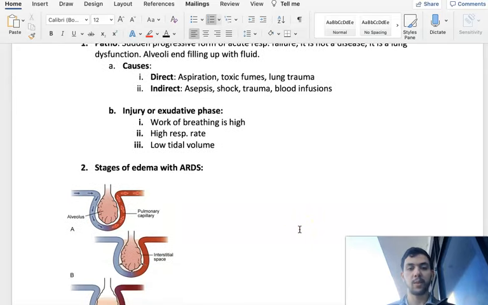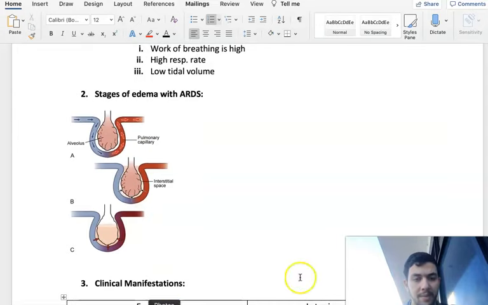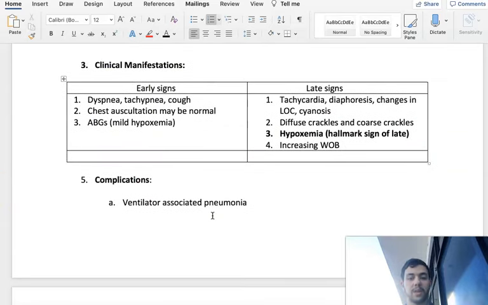Injury phase, basically the work of breathing is high, with a high respiration rate and low tidal volume. You can just look at the picture, but you don't really need to know this. Clinical manifestations: you can tell if there are early signs and late signs. Early signs are dyspnea, tachypnea, cough, ABGs showing mild hypoxemia, or it's just auscultation. Late signs can be tachycardia, diaphoresis, change in LOC, cyanosis. Anything changing in LOC is serious and something is